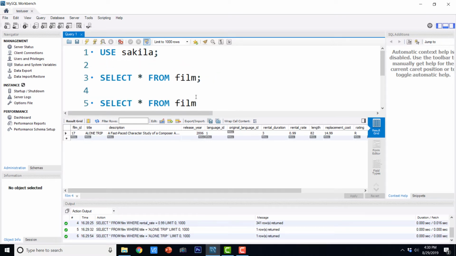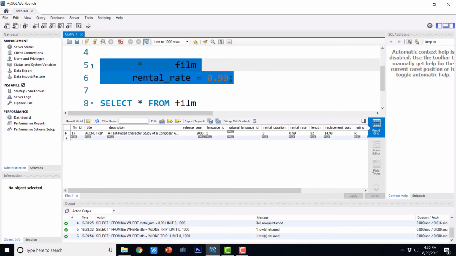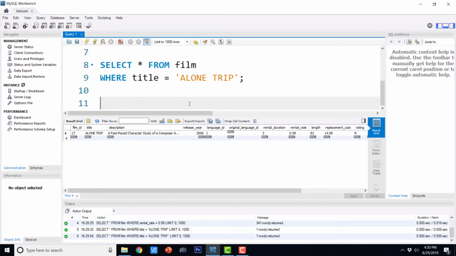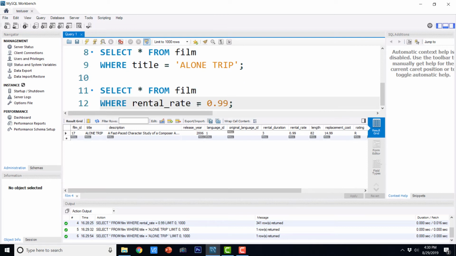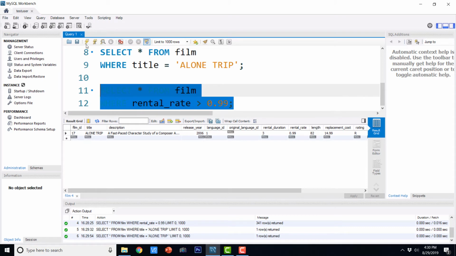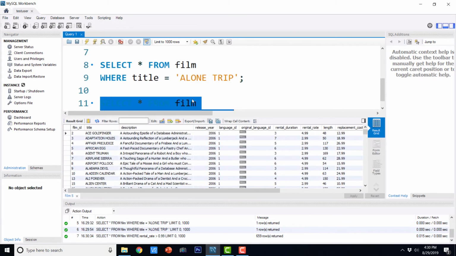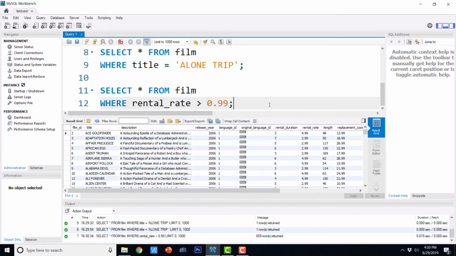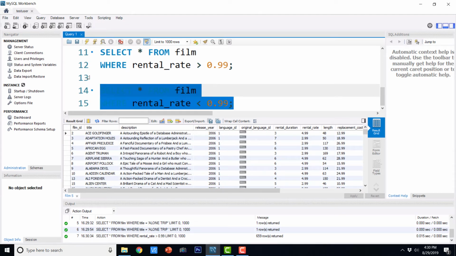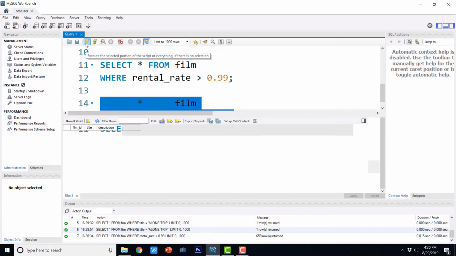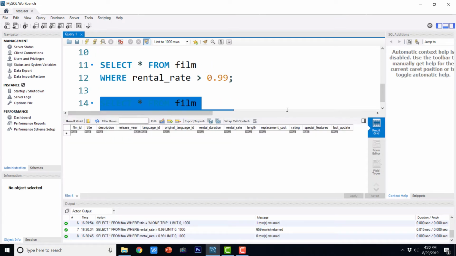Now we are going to see the comparison conditions. So this is the very simple comparison condition equal to, I'm just going to say greater than 0.99, copy, and here less than 0.99.